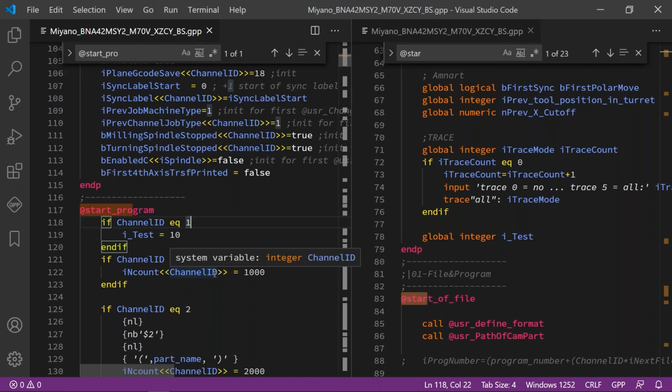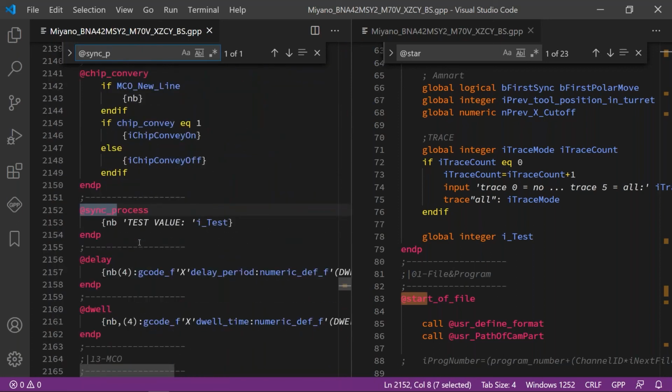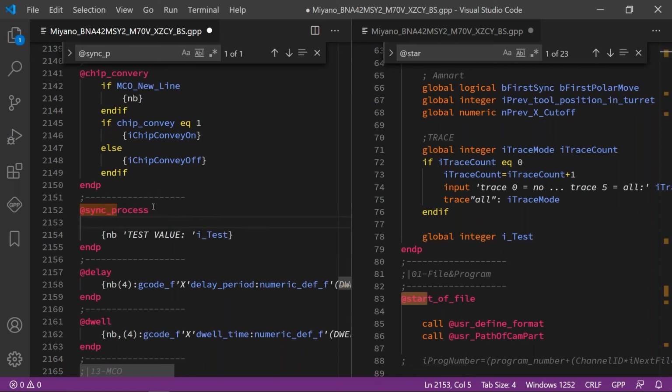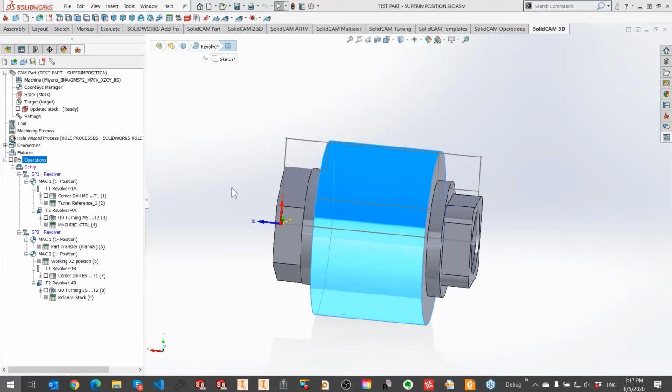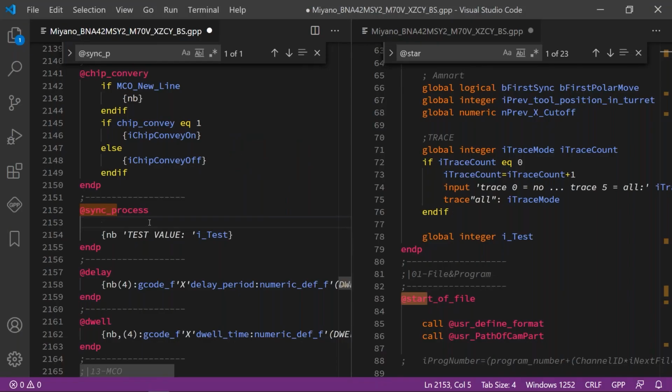And for the end, I would like to show you how to insert the sync label, basically how to generate this. In this case, it will be the Mitsubishi. And as a bonus sync process here, I would like to implement the wait mark, guys. And this is pretty easy on this machine. Let me just move it how it was. On this machine, I'll just use,